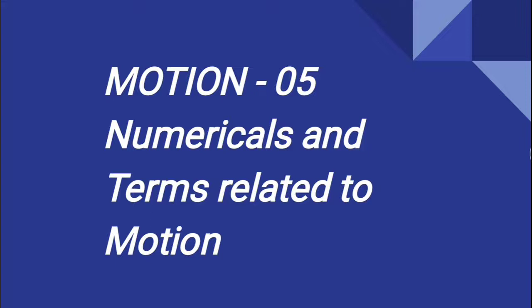Before going in detail with this lesson, let me recall what we have learned in the previous lesson. In the previous lesson, we saw types of motion as uniform and non-uniform motion. What do we mean by uniform speed, non-uniform speed and average speed? After that, we saw some numericals based on them. In this lesson, we will learn what is velocity and acceleration, the difference between speed and velocity, and numericals on speed, velocity, and acceleration. So, let us start.